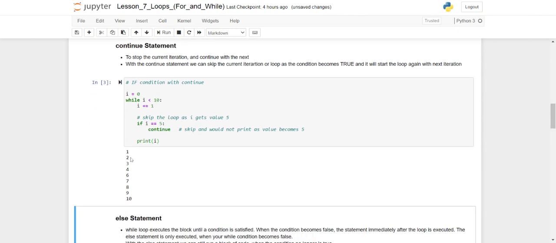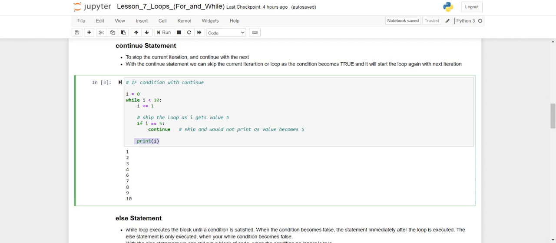Yes, it printed 1, 2, 3, 4, but not 5, because as I told you, it skips and then moves to the next one. 6, 7, 8, 9, and 10, because we are incrementing here and printing after incrementation, so that's why it printed 10 as well. And after that it checked the value is 10, then the condition becomes false and it came out of the loop. I hope you get it,